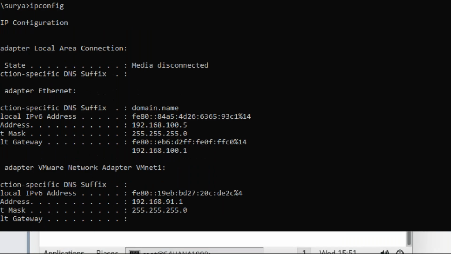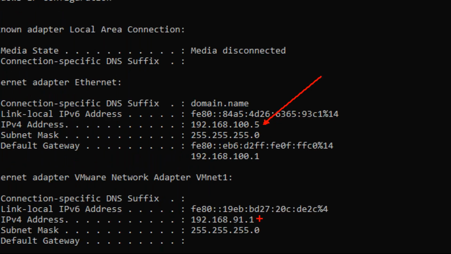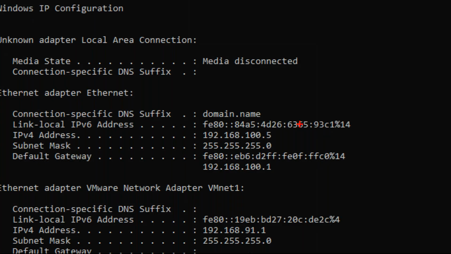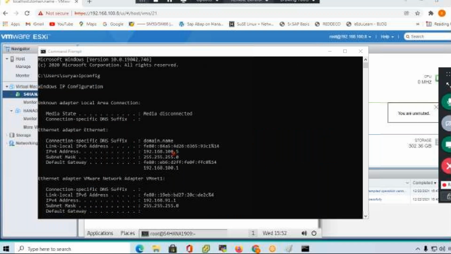So these are the current OS IP addresses.